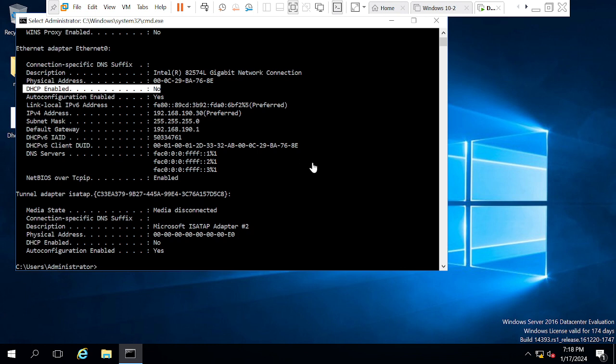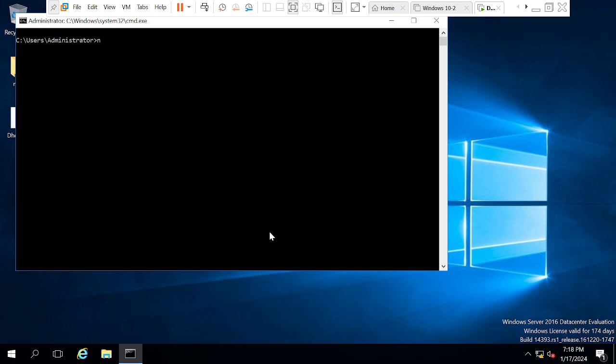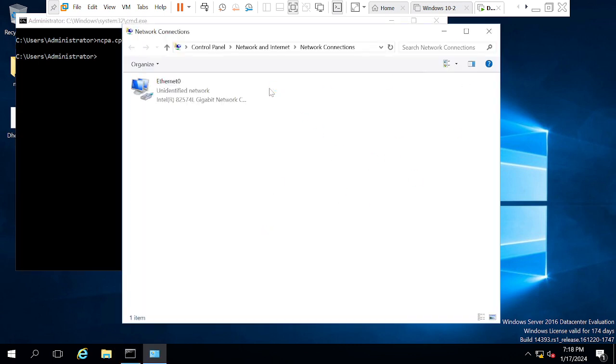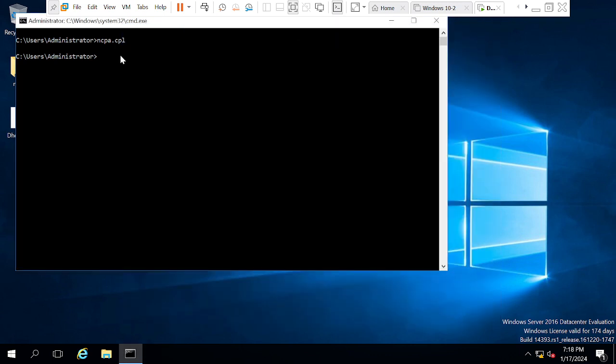Okay. So now you know the computer is properly renamed, and the IP address is static, but DNS is not there. How to verify it? You need to go inside the operating system. There is a command called ncpa.cpl, network control panel. If you hit enter, you will see the network interface card of the computer. This is one way. You can use the command ncpa.cpl, or you can even right click on this